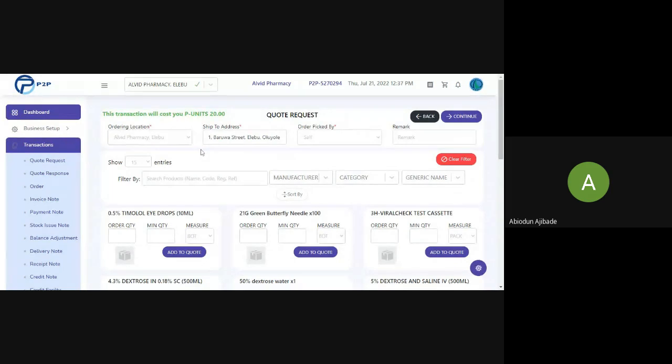And what you do with that is that you will use your ordering location as your premises that is ordering that product, but the ship to address will not be the address where the product will be delivered to when it is finally bought. So if it is a hospital that is buying from you, instead of the product being brought to your premises before you take it to the hospital, you can just put the name of the hospital, the address, the phone number, every information required for the person that is going to receive it. You put it in ship to address, and then you can now go to the next thing, which is order